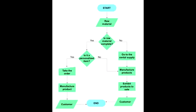In this flowchart, we show the current supply chain of Hornelli Bakery. We have the start and then the input of raw material, and then we check if the raw material is complete, because sometimes they have problems with the suppliers. In case it's not complete, they have to go buy the missing supplies at the central supply, to then continue with manufactured products, exhibit products to sell, and then the output for customers when they sell the products, and then